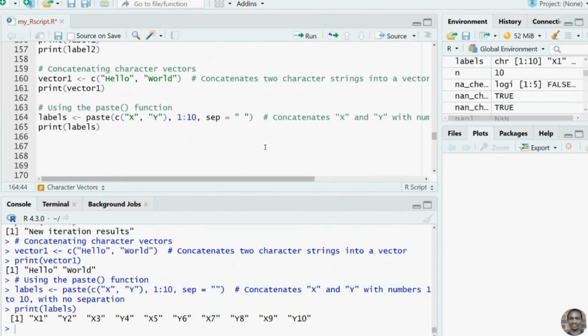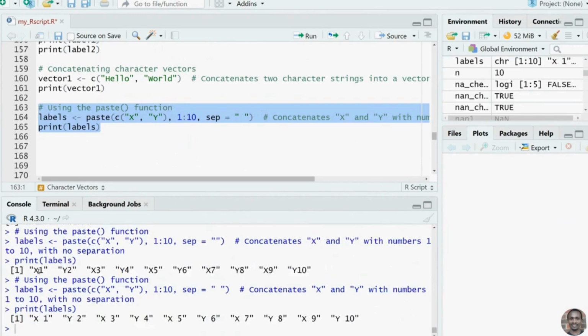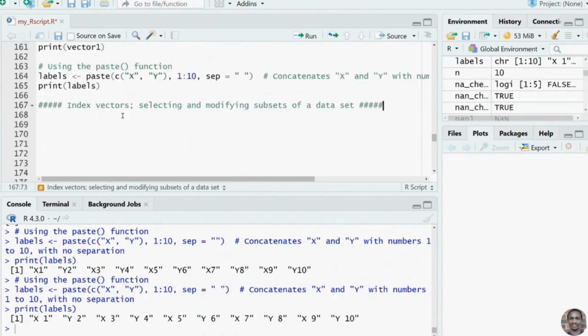And if I decide to change this, for example, to a space and execute again, you see we have a space between the string character and the numeric character. And that's it for the character vectors. The next thing we can have a look at is how to index vectors, or basically selecting and modifying a subset of a data set. So for example, suppose we have a vector with 5 numbers, but one of them is